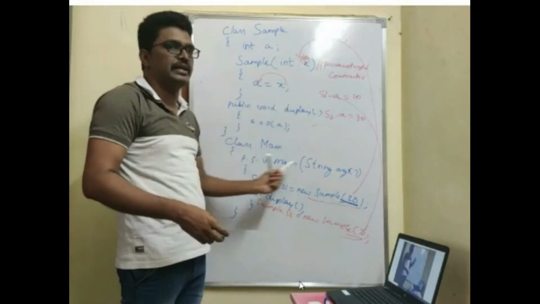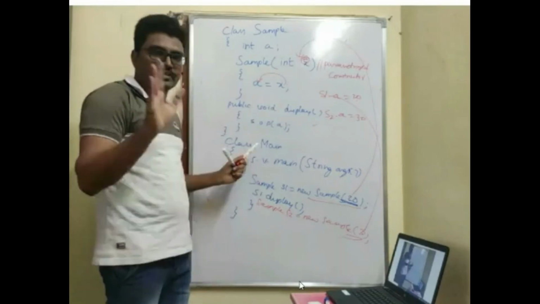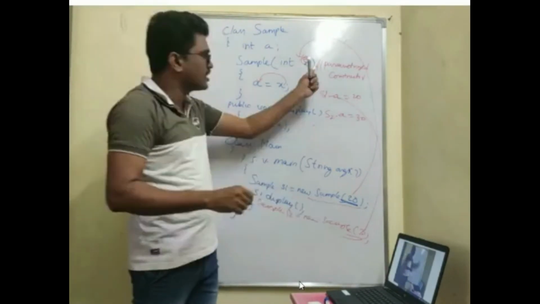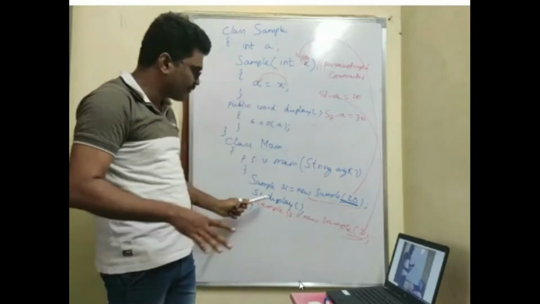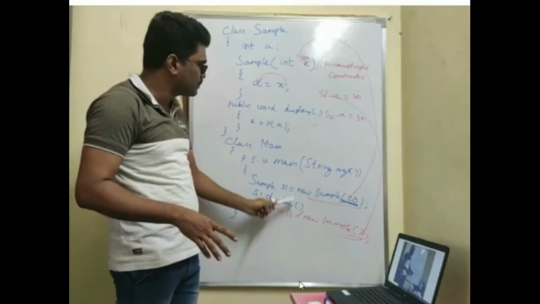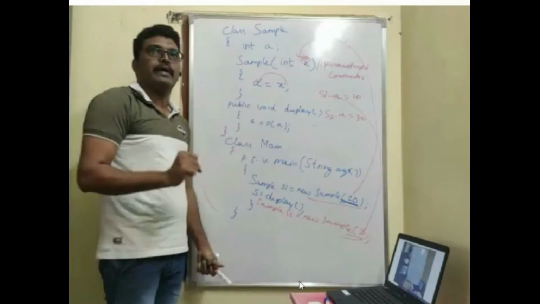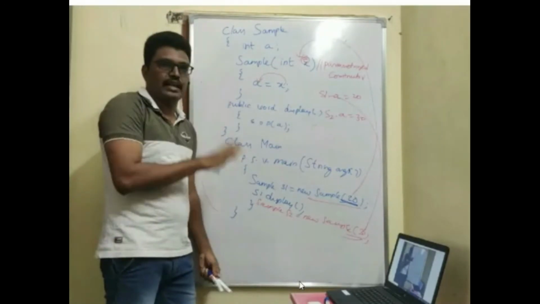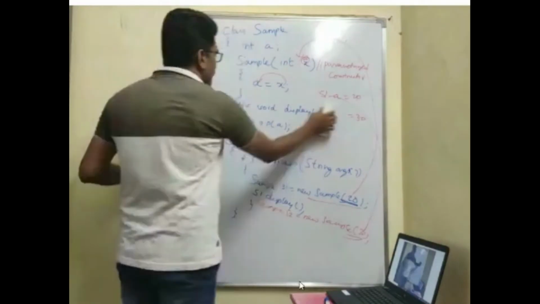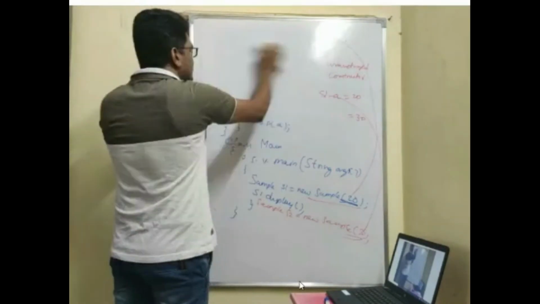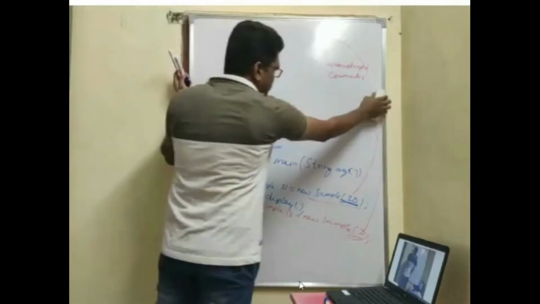So this is how you can use different objects and pass different values by using a parameterized constructor. The process is the same. Whenever we create an object, the constructor will be invoked. Afterwards, we call the display method, and the corresponding value will be displayed. So this is about the parameterized constructor. Its main purpose is to pass parameters and initialize the variables in the class.